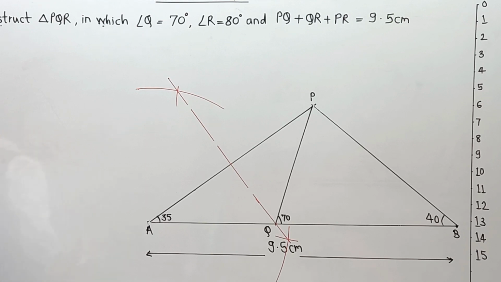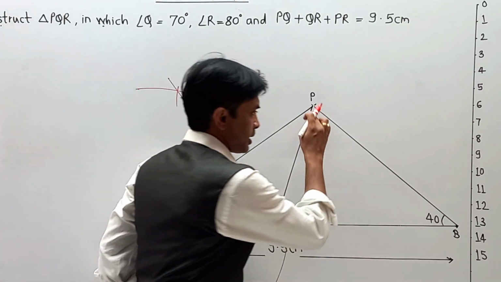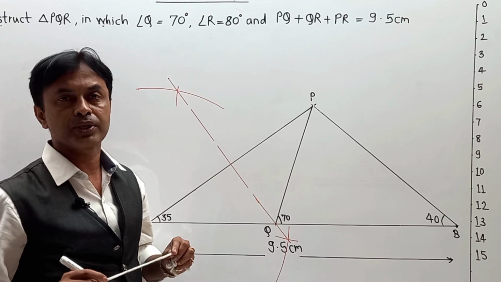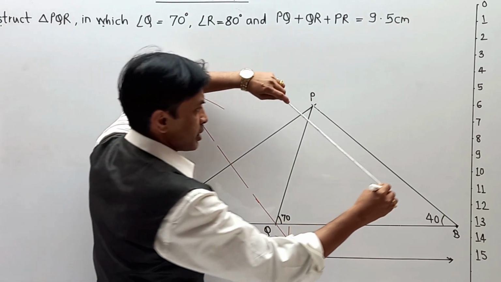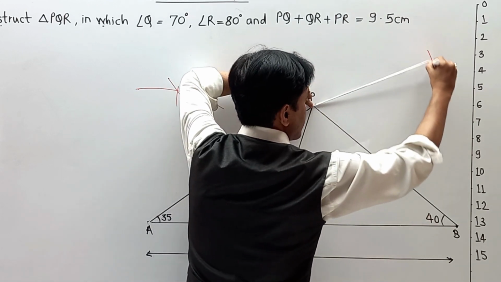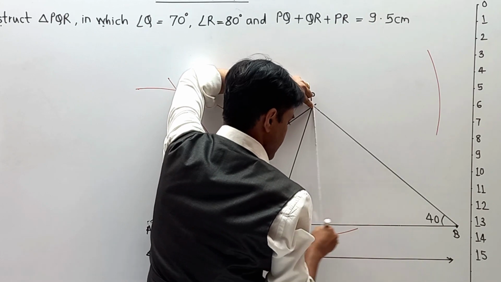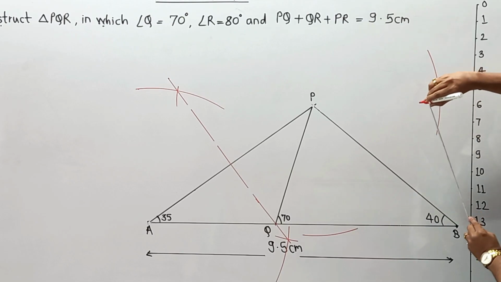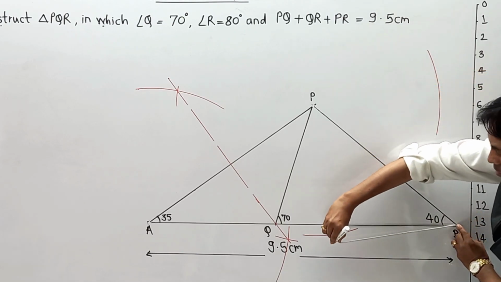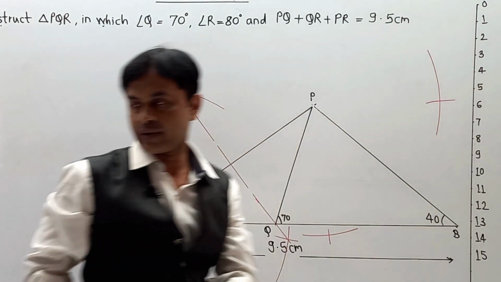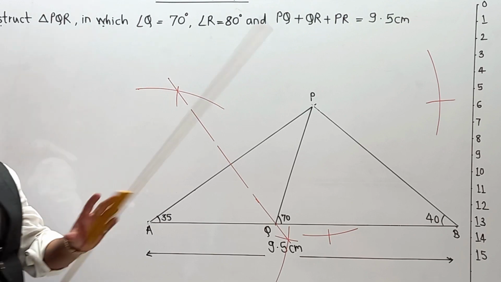Now how to draw? Please pay attention when you are going to draw a perpendicular bisector. Here, this is PB and we have to draw a perpendicular bisector on PB. Again with the compass, we have to take a distance more than half and draw a curve. So one arc is upstairs, the second arc is downstairs. Keeping the same distance in your compass, from B the first arc is over here and the second arc is over here. In this way, we complete the two markings.